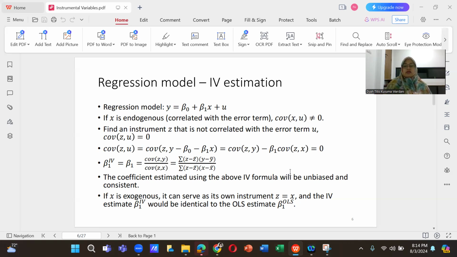Then the coefficient estimated using the IV formula will be unbiased and consistent. And it's also free from the endogeneity problem. Because if x is exogenous, it can serve as its own instrument, z equals x, and the IV estimate would be identical to the OLS estimate of beta 1.